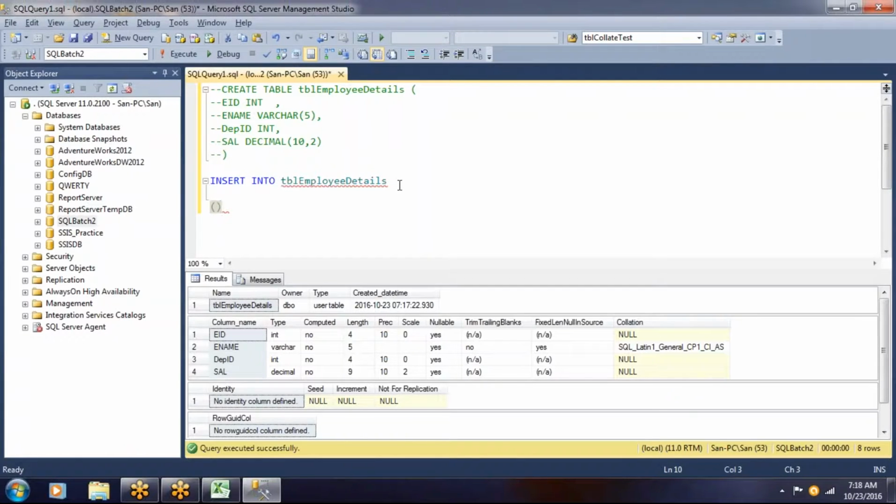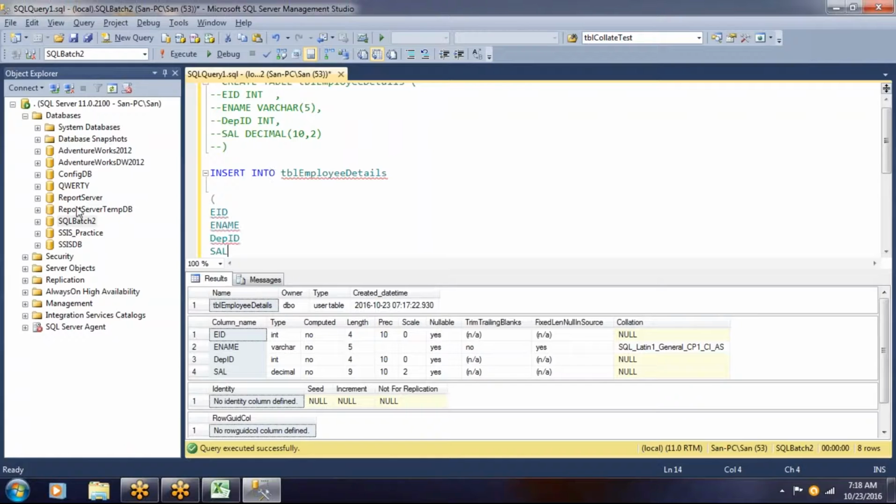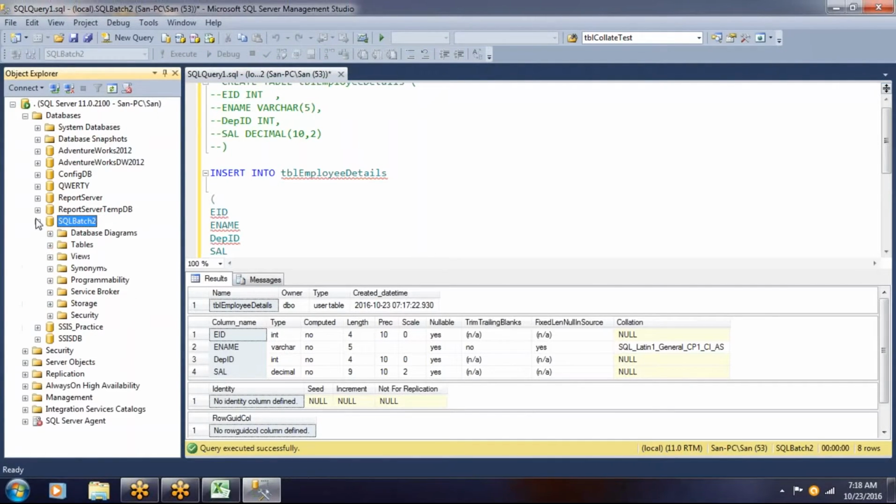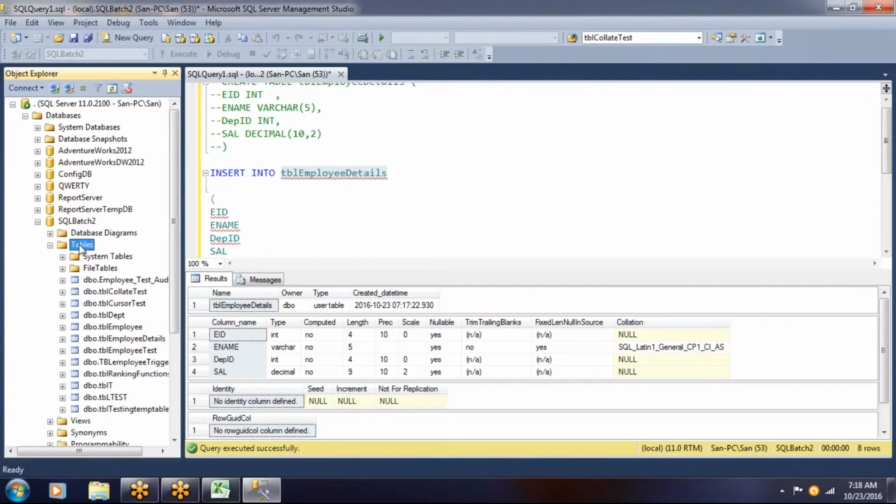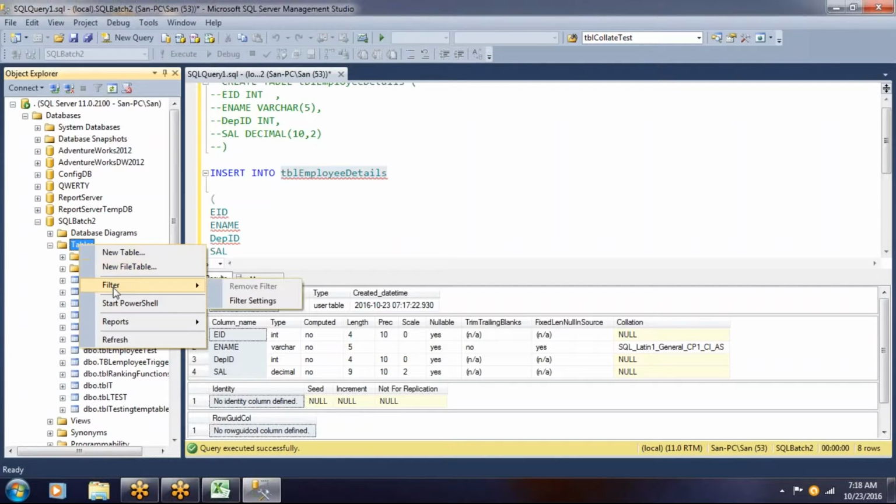If you want to see the columns and the table structure, either you can go here and you can see the table over here.